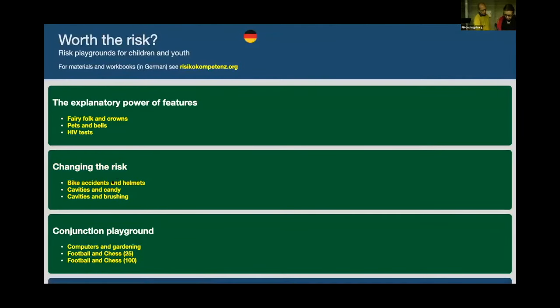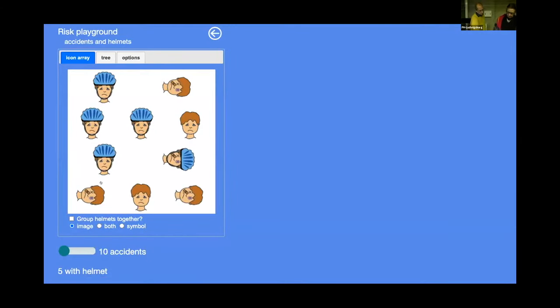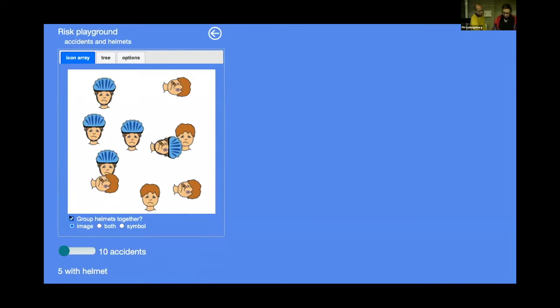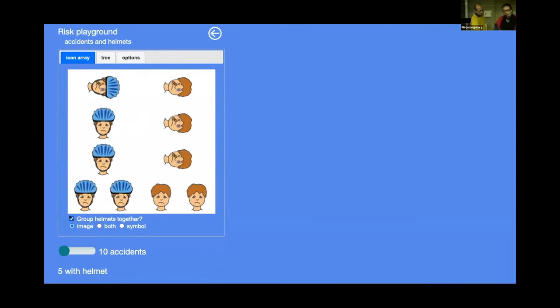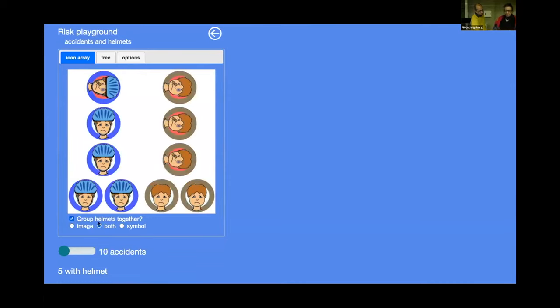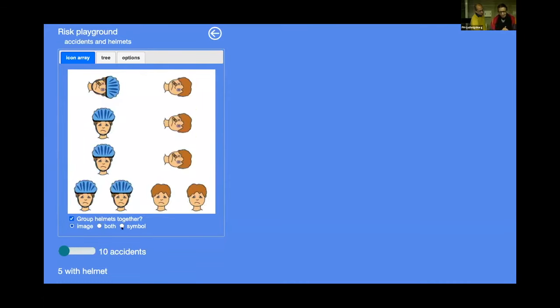Okay, we're changing the risk. We can show perhaps bike accidents and helmets. If you are wearing a helmet, there is a risk reduction if you fall of breaking your head. And this is important. So group helmets together. Okay, and now you can compare. You see the risk reduction here. You can compute that risk reduction if you're wearing a helmet or not, where spoiling your head means having a pad in your face. So you can compute that reduction, and you can see the 2 grids close to each other.